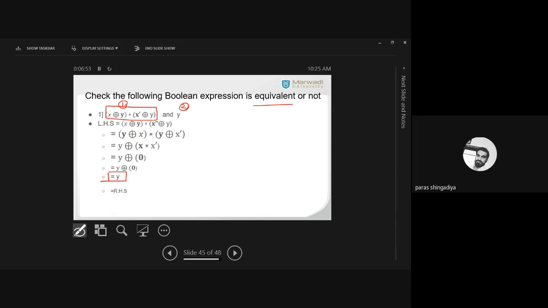ठीक है, so x ring sum y star x dash ring sum y, it involves the three variables x, x dash and y. ठीक है, इसको ऐसे रिमूव करना है. ठीक है, बाय यूजिंग द प्रोसीजर, the final answer should be only the single variable y. ठीक है, so x ring sum y star x dash ring sum y. ठीक है, so how we can rearrange, based on that here y is the common. ठीक है, अगर दोनों ब्रैकेट को आप चेक करोगे तो y उसमें कॉमन है. ठीक है, x और x डैश डिफरेंट है, y is the common, so rearrange as per the distributive law.